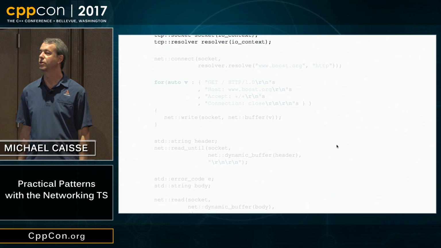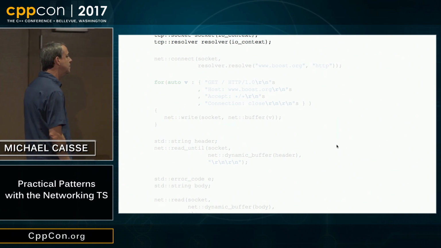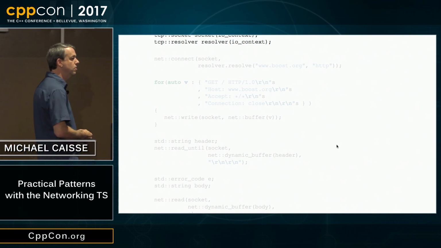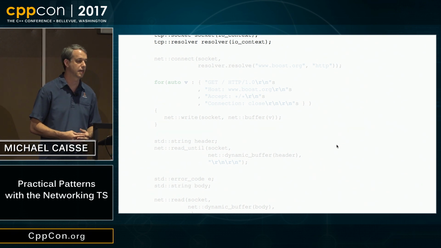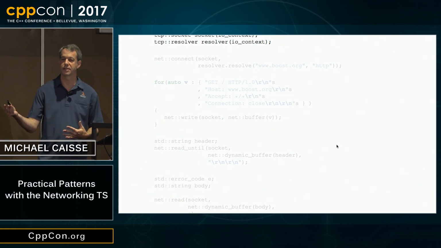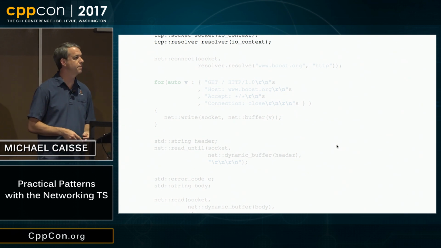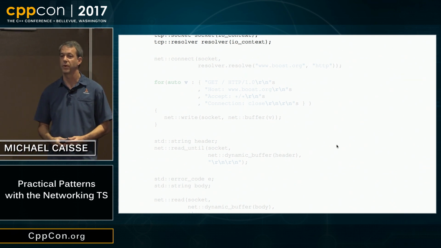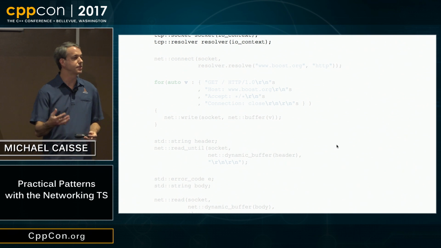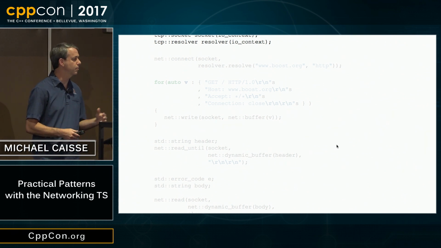So let's step through this. What does it look like? At the top, we have this I/O context, and we're going to talk more about the I/O context later. But we're going to create an I/O context. If you have used Asio before, this is very similar to an I/O service. And so we create an I/O context. We pass that off to each of the things, each of the objects that we're creating along the way, and it uses different aspects of that. But in this particular case, we're going to pass that to a socket as we're creating a socket. We're going to pass it to this resolver.